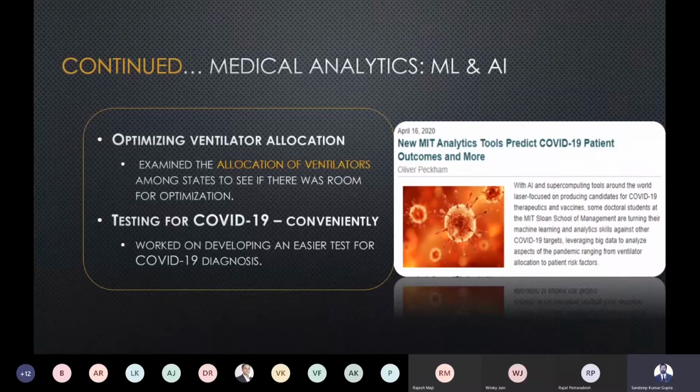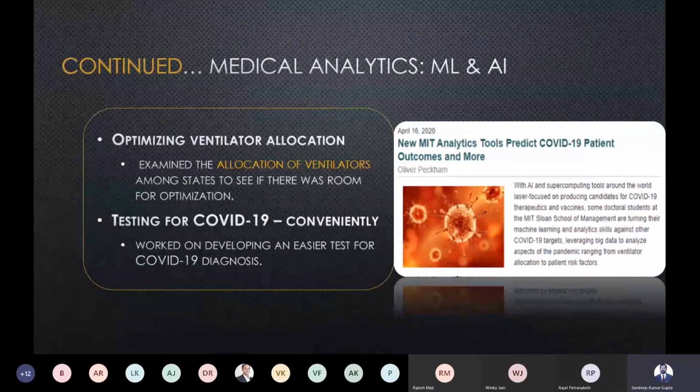And finally, they are using it to make the testing of COVID-19 very easy and convenient. They extracted data from Morocco and developed a process to make it easy, considering certain parameters taken from patients, on the basis of which we can say whether there are chances of having COVID-19.